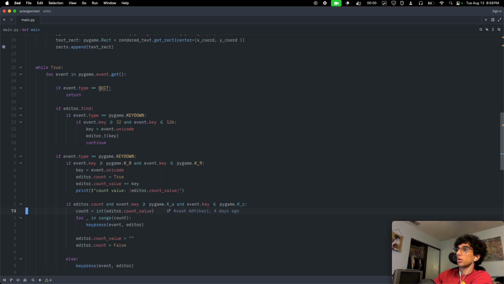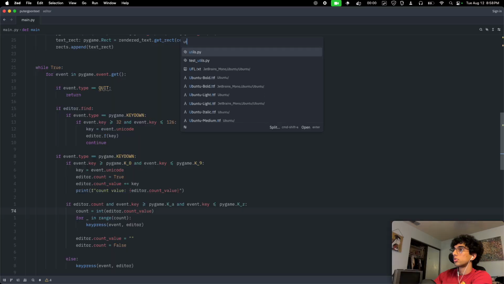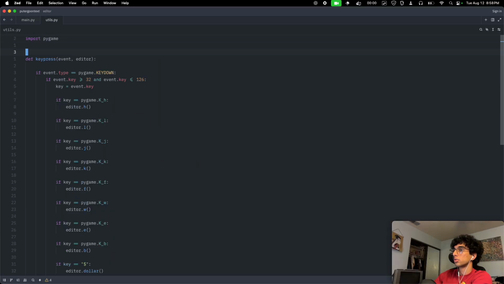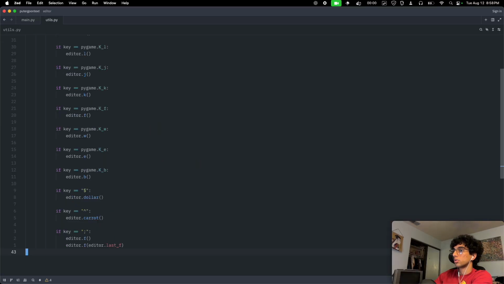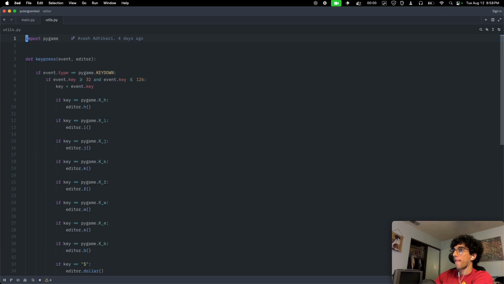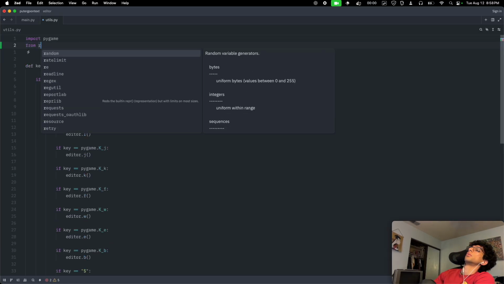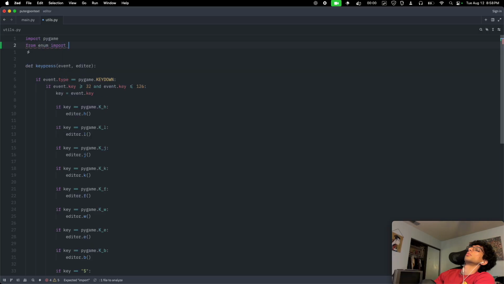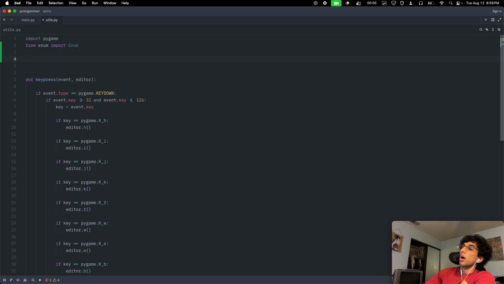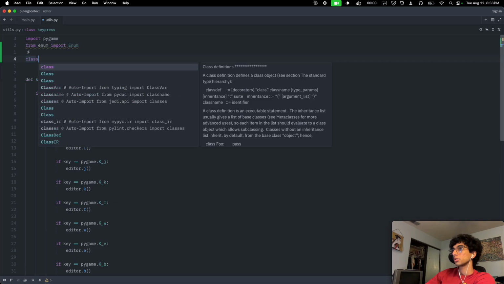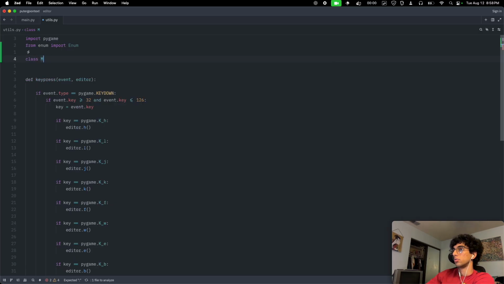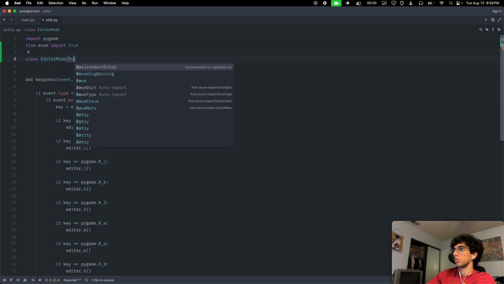Shiba. Utils. From enum import Enum. Class EditorMode(Enum):